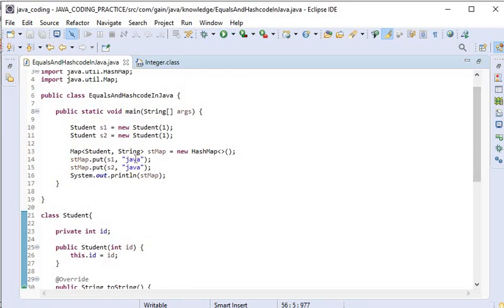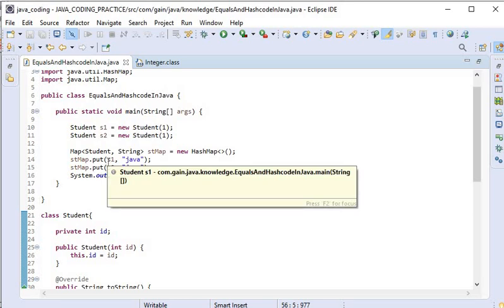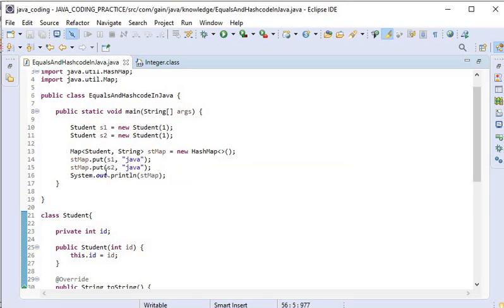Now while we are saving these both objects into the map, based on its key, the hashcode will be generated and saved into our map, and if there are duplicate keys, then it will override the other object. Now I will run this application, and here you will check the output.